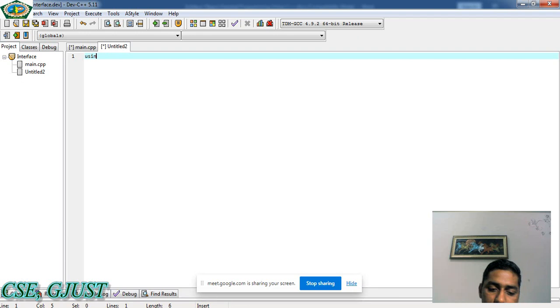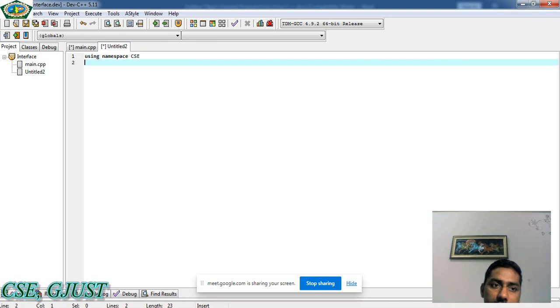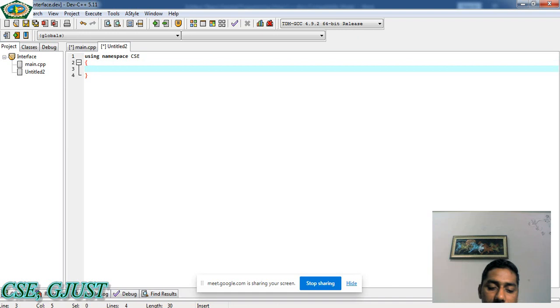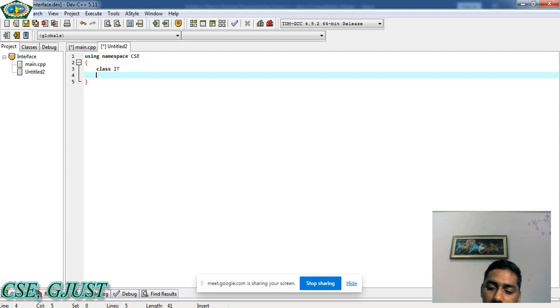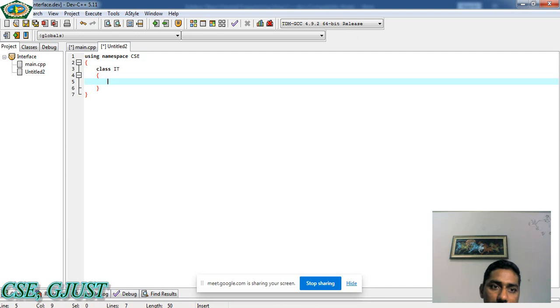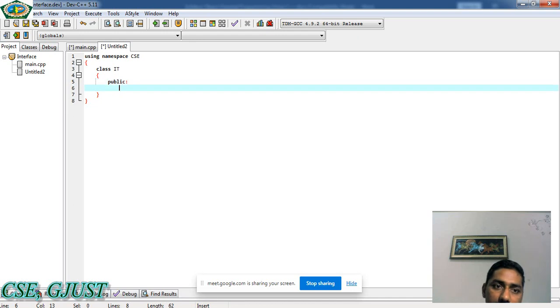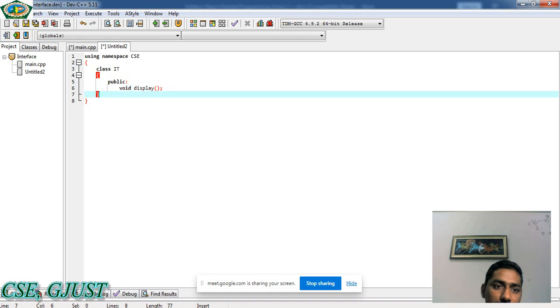Like using namespace, we are creating a new namespace CSC. In this namespace I will define a class IT, and in the public section of class IT we define a function void display, and end the class with a semicolon.